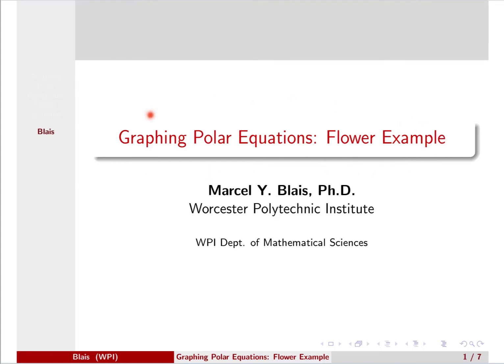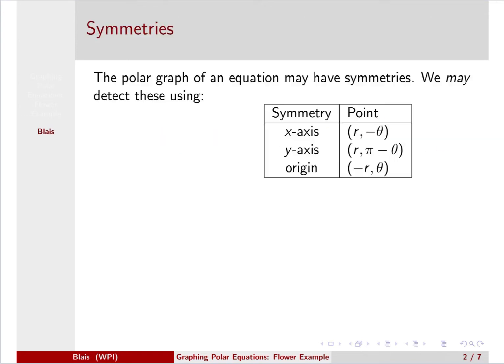In this lecture, we will be doing an example of polar graphing, and this will be an example that has a graph that looks like a flower. So recall our strategy. Our first step is to try and detect symmetries. And so we use these different points to try and detect symmetries in the polar equation, which translates into symmetries